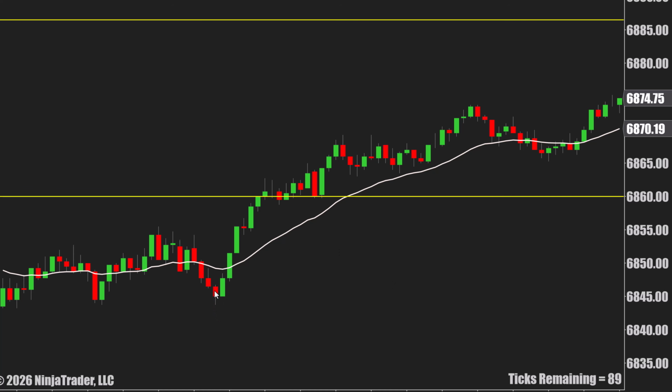So I'm looking for the break back in. We get it right here. We break back into the zone. I want to test. Look at right here. Man, it don't get no cleaner than that. Let me get this pen up right here. We broke back in. Then this boy had the audacity to come test immediately with a big hard red candle.